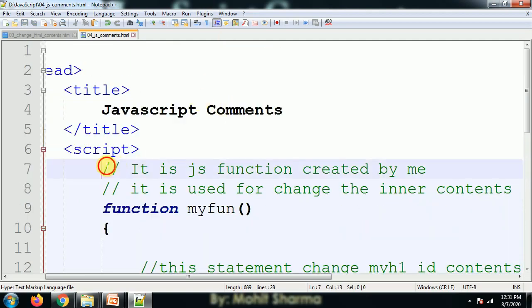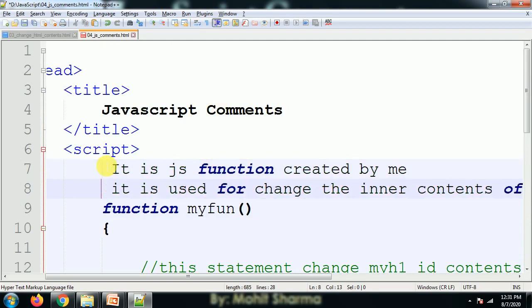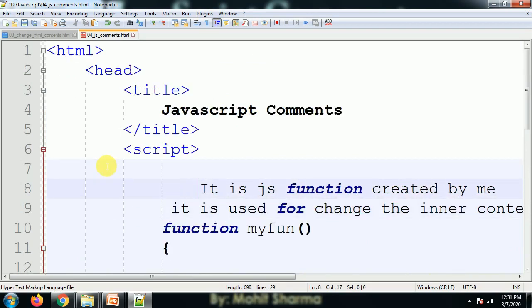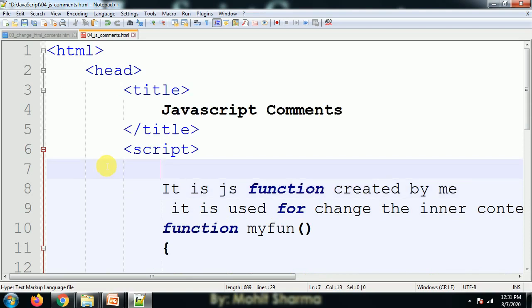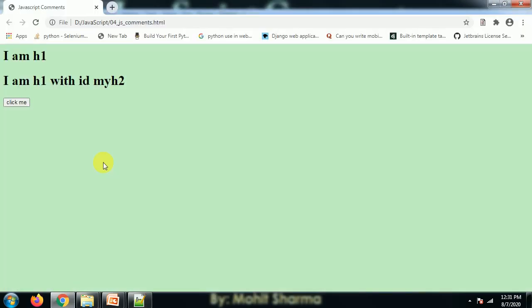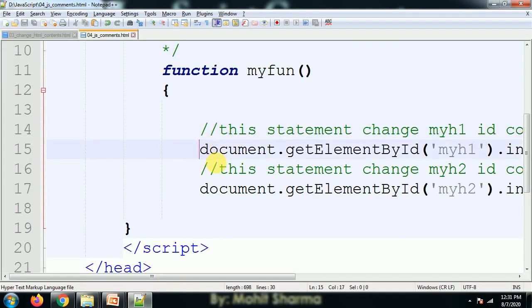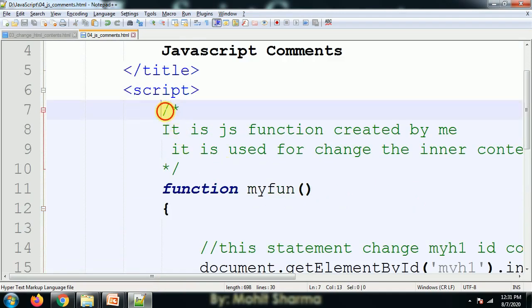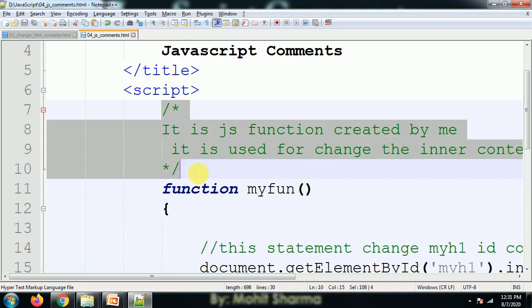Here, instead of the single line comment, I want to use the multiple line comment. So I start it here and close it there. You can see that the above one is the multiple line comment and the single line comment, and both the statements are uncommented now. I am using this one as a message; previously I used a single line comment for that, and now I have changed it to a multiple line comment. So this is all about comments.